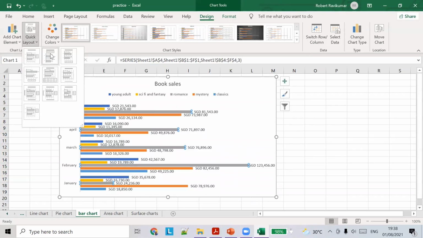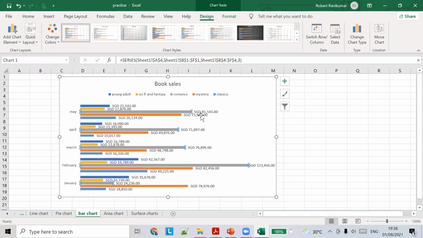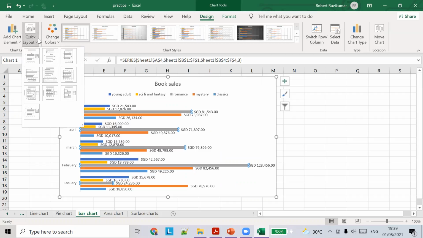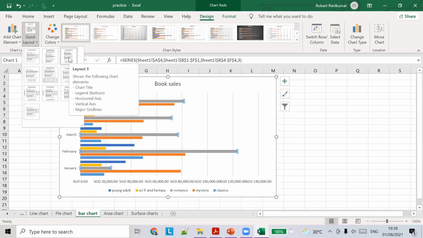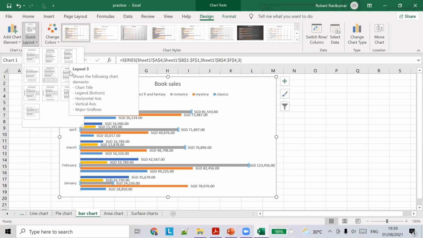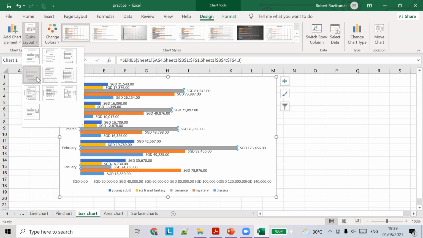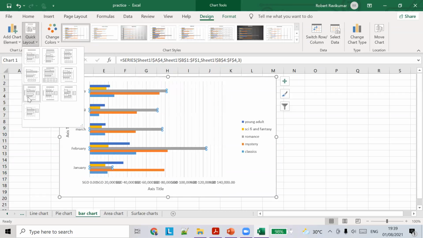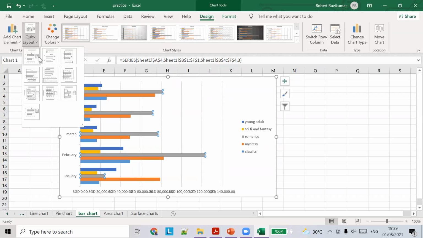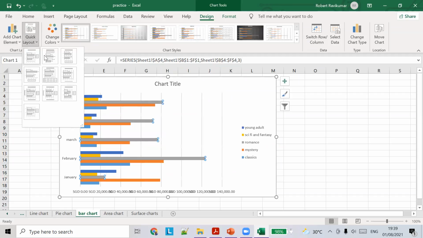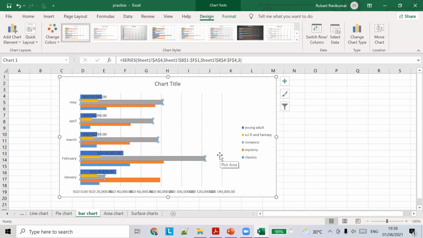Similarly, if you want to have a layout with the data labels also, this is called a data label, right? If you want data labels in a predefined way, you can select this particular one. We have a lot of different layouts predefined in Excel for a particular type of chart. You can see different layouts, select one, and you just have to click and change it. That's it. This is how you change the layout of a particular chart.